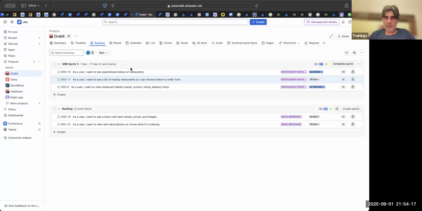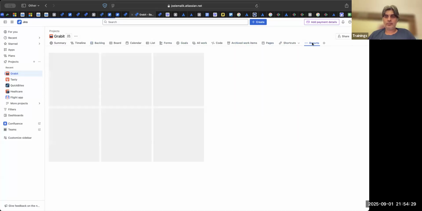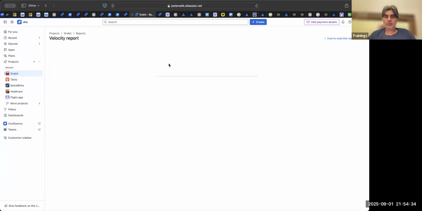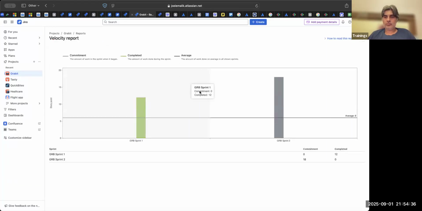Did we complete the stories in that sprint? Looks like we did not. Okay, so typically your velocity chart will show you... for some reason it is not picking up the completed stories.